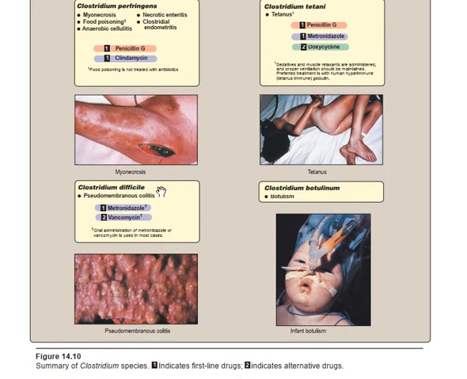So the next one here is Clostridium difficile. Clostridium difficile is going to produce pseudomembranous colitis, and the main first line drug used in Clostridium difficile is metronidazole. The second line drug is vancomycin. Now this is a diagram showing pseudomembranous colitis, how the colon is going to resemble when you have an infection